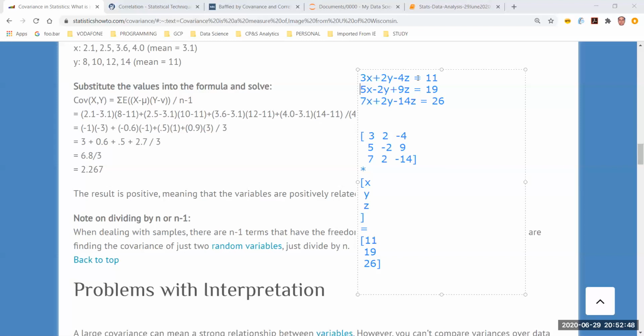Now, if I substitute this value of y into both of the equations, I should be able to solve for z, which comes in terms of x. And then from the third equation, I should be able to find out the value of x as well. So in this way, we solve three unknowns where we have three equations, because we need three equations. Simple. In this case, as you can see, you are actually solving only two equations. You can take any two equations you want and simply solve those two. You can take the first one and the third one, the second one and the third one, or the first and the second one. You solve for these two, and you will obviously get the third equation's answer, right?